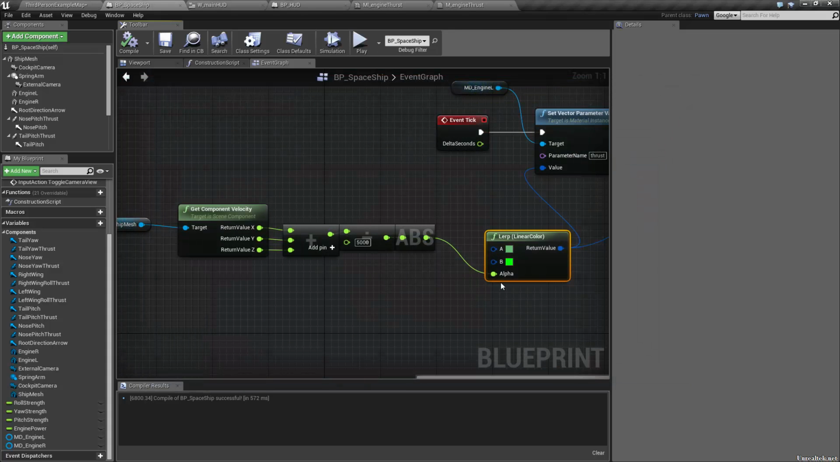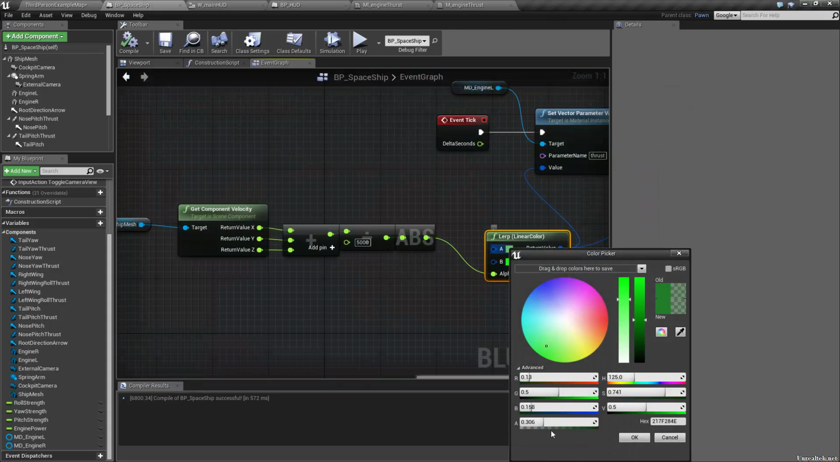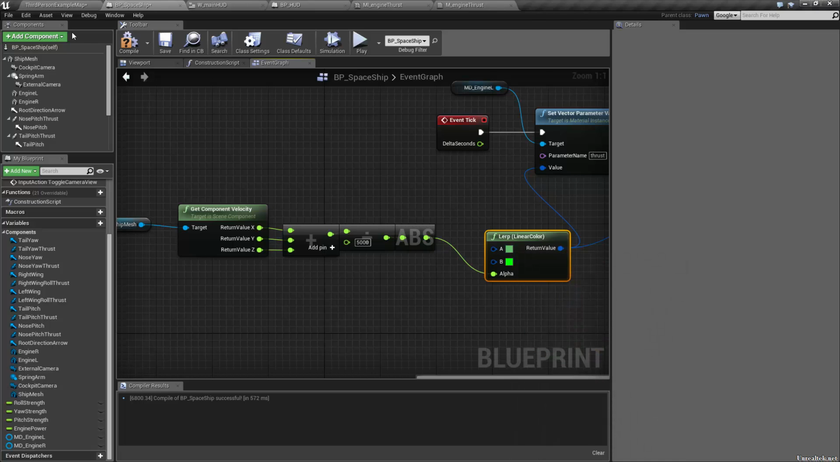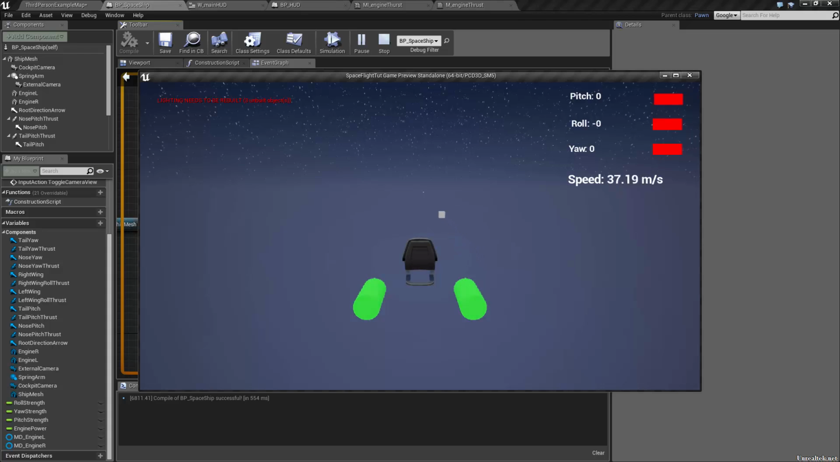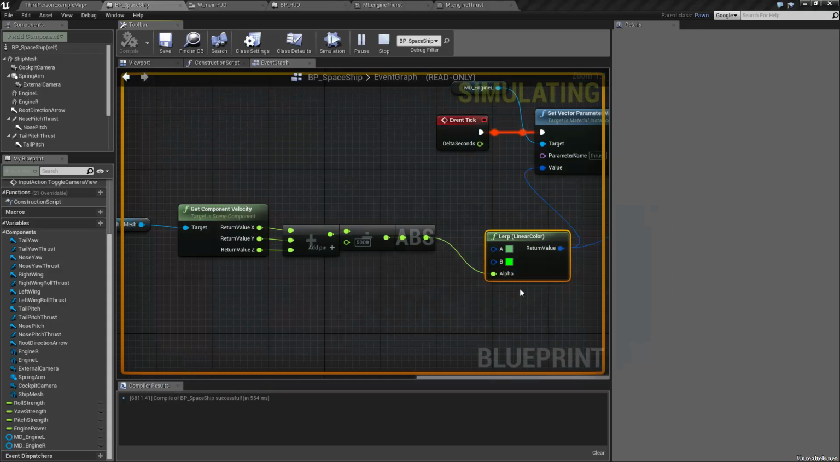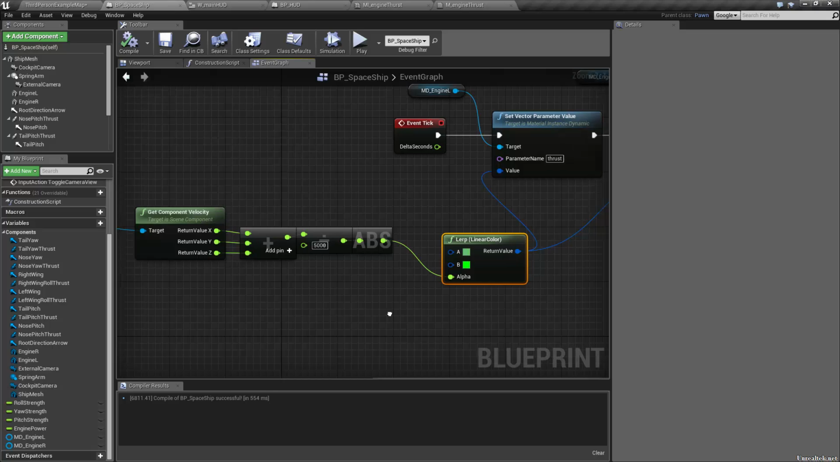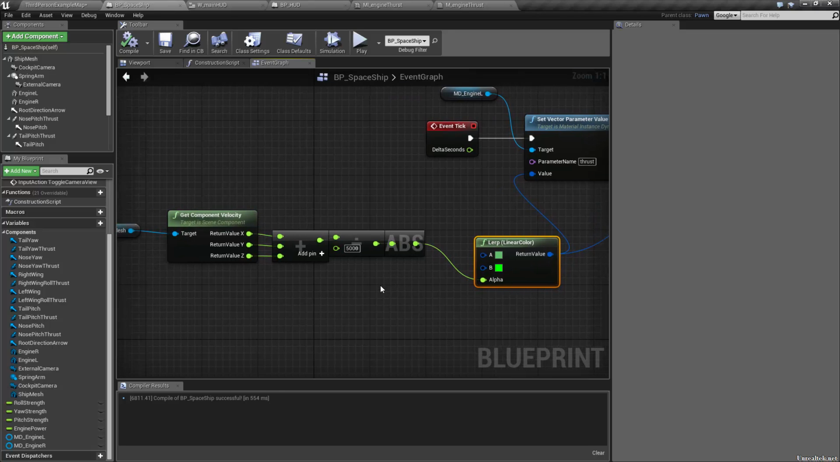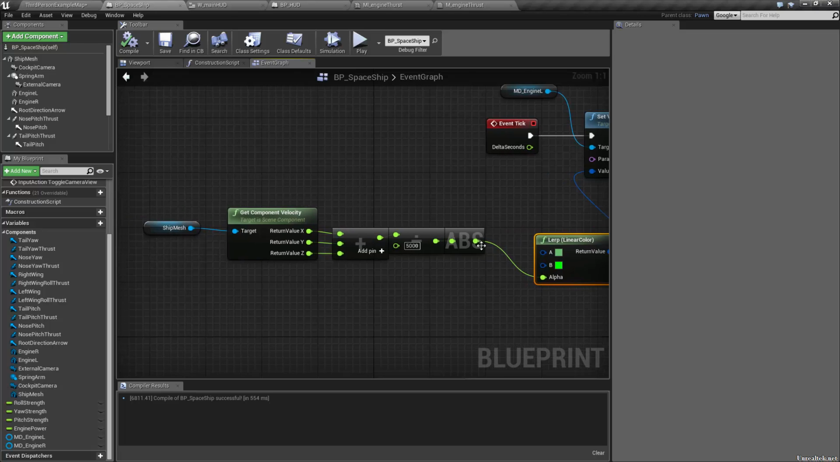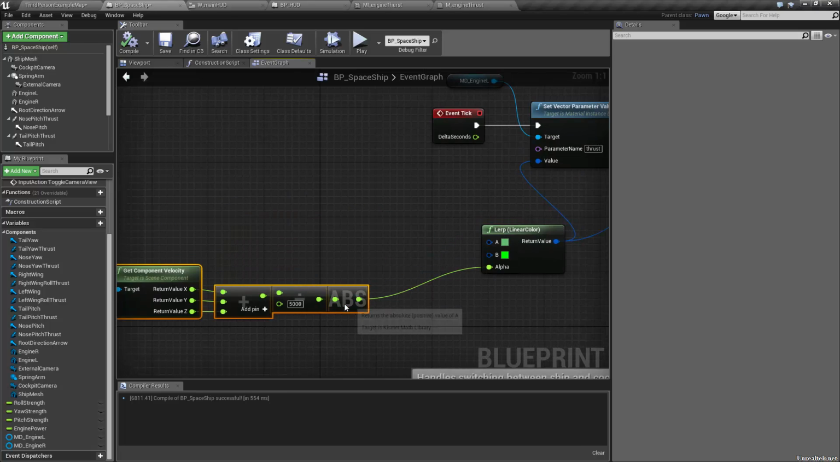Maybe even lower. 5%, so it'd be almost invisible. That's kind of cool. Yeah, so you can drive those in any way. And you can even take this and you can do select color,